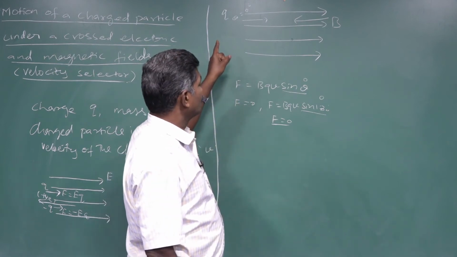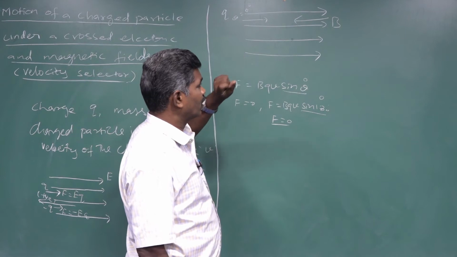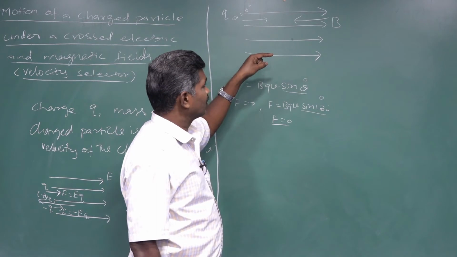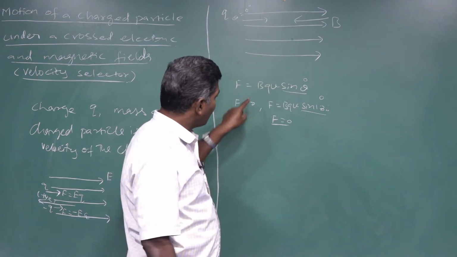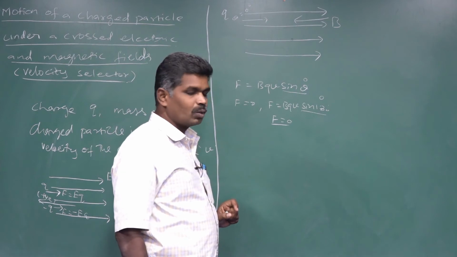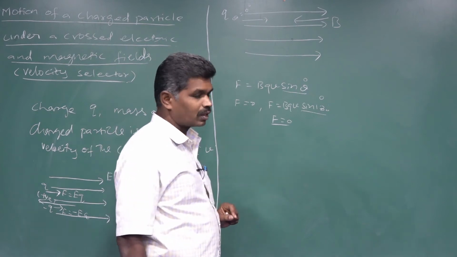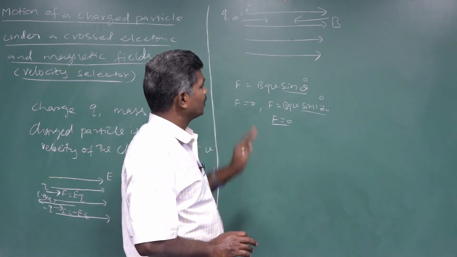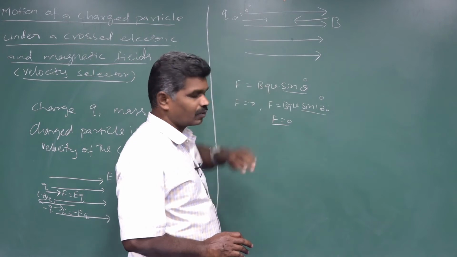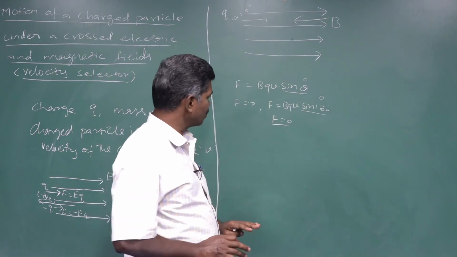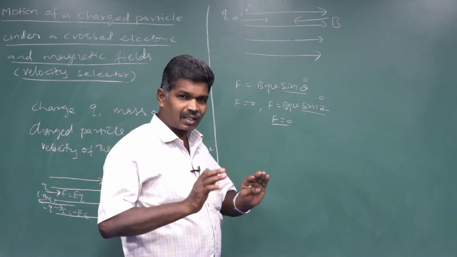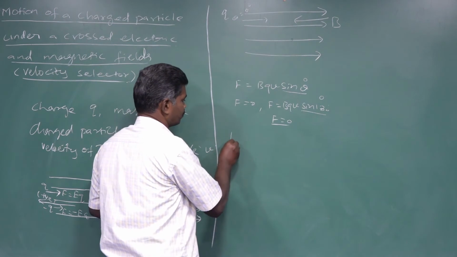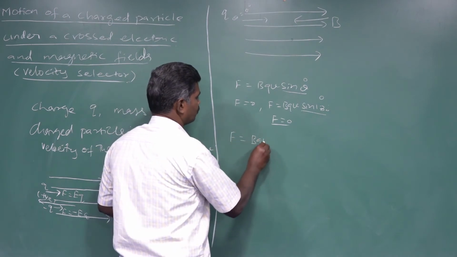So we know that when a charged particle enters a uniform magnetic field along the magnetic field or against the magnetic field, the magnetic Lorentz force value becomes 0. Other than these two angles, if the charged particle enters a uniform magnetic field, it can experience a force. When it experiences a maximum magnetic Lorentz force, we have the formula F is equal to BQV sin